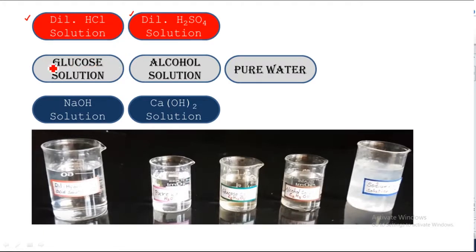And make glucose solution in another test tube, and alcohol solution, and keep pure water, that is distilled water, in a small beaker, and sodium hydroxide, this is alkali solution, sodium hydroxide NaOH, and calcium hydroxide, that is lime water. First prepare these